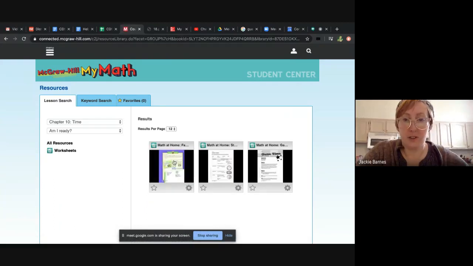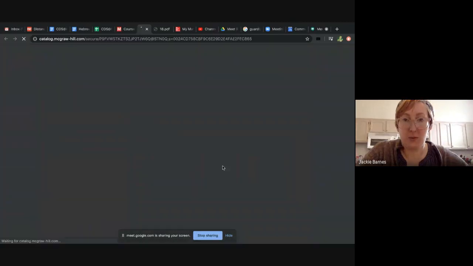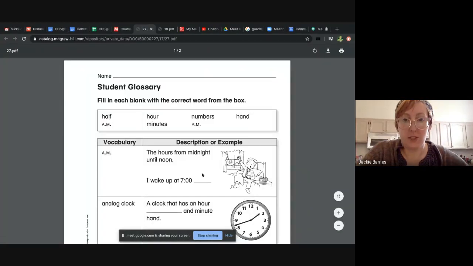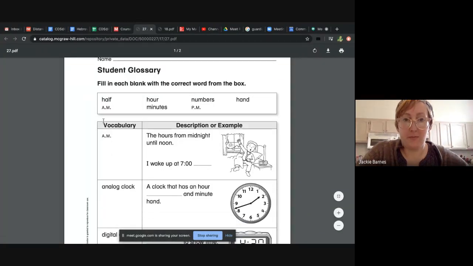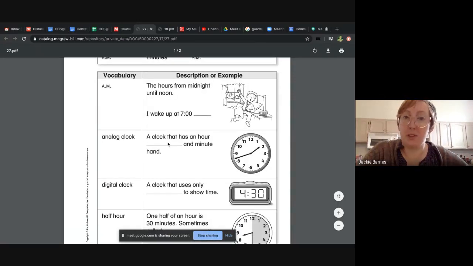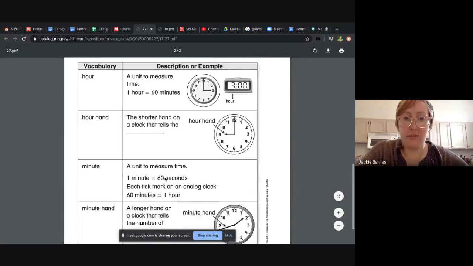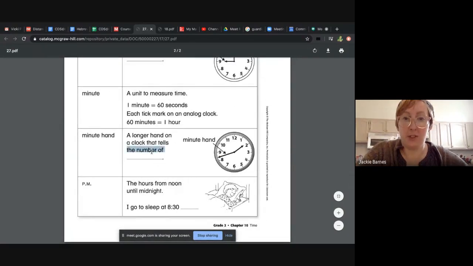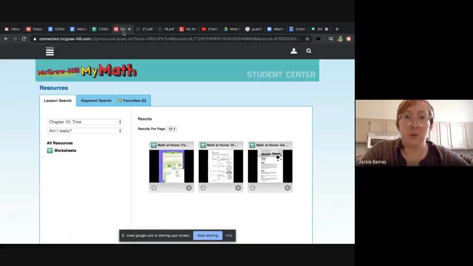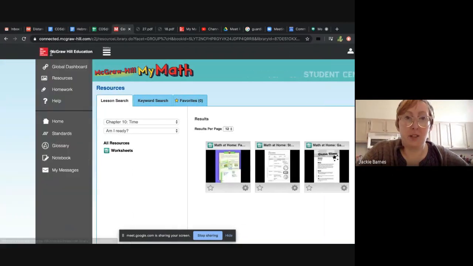Worksheets, Math at Home. That's what I want. There we go. So this is the worksheet you would typically have in person, and you can talk through it online if that's one of your assignments from your teacher. I want to go back to